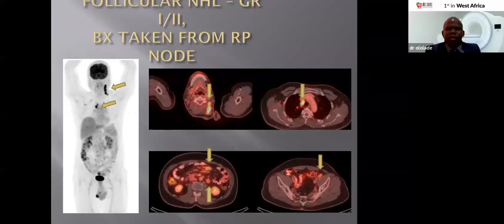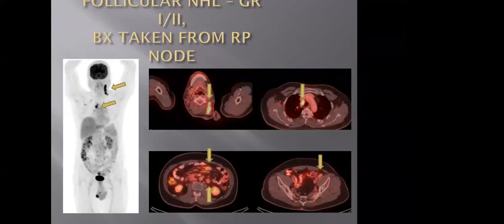So the take-home message here is that if you are suspecting a lymphoma or a disease from which you are planning to take a biopsy, you should first undertake a PET scan and target the most accessible site with the highest SUV, so that you get the accurate grading of the tumor. You can judge the aggressiveness of the tumor. Next slide. Coming to restaging,